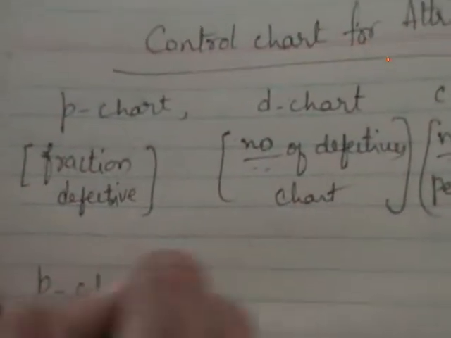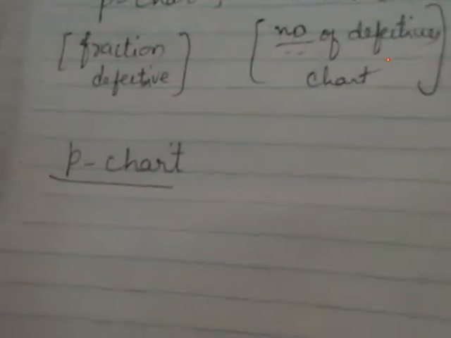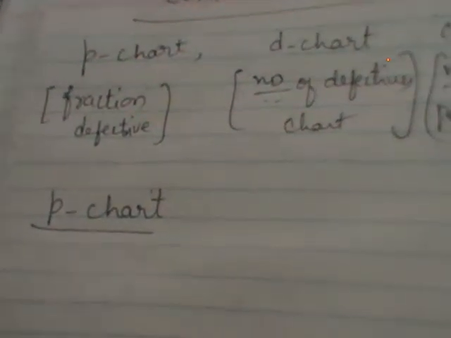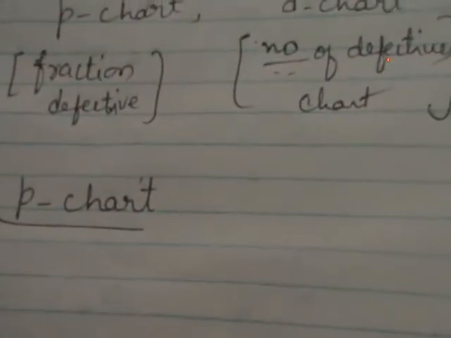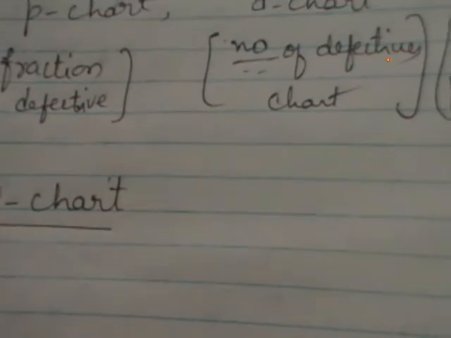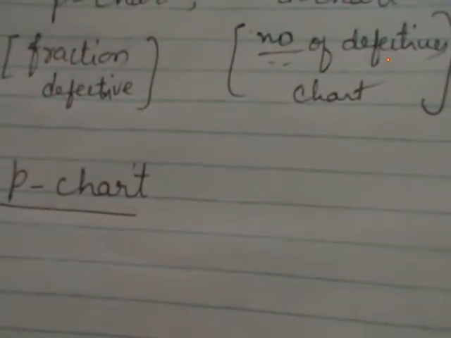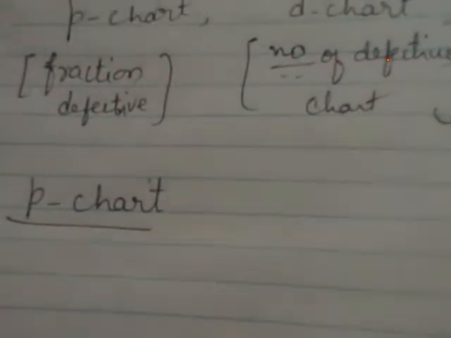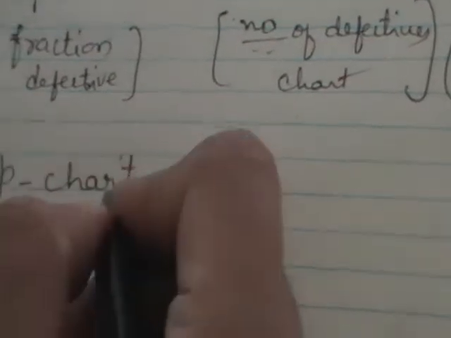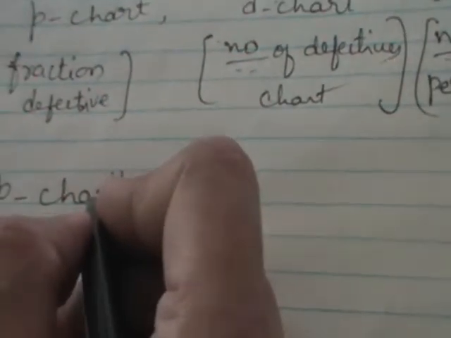Whether it is a control chart for attributes or variables, the structure is the same: constructing the control limits, drawing the control chart with sample number on the x-axis and the fraction defective statistic on the y-axis, plotting the points and drawing the conclusion about it. Now let us see what the major steps involved are. Okay, now P, fraction. How do you define a fraction? A fraction is nothing but you'll have a numerator and denominator.